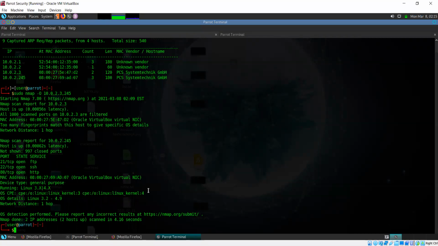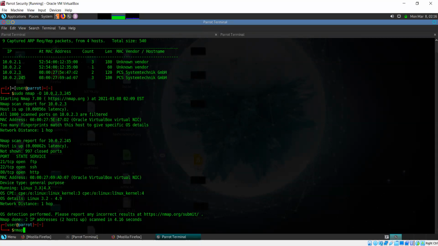I'd like to scan all ports so that I can be very sure that I'm not missing anything, because there might be some service which runs on a port which is not commonly used. If that's the case, it won't have shown up in the scan. So I'll just run a scan for all ports.